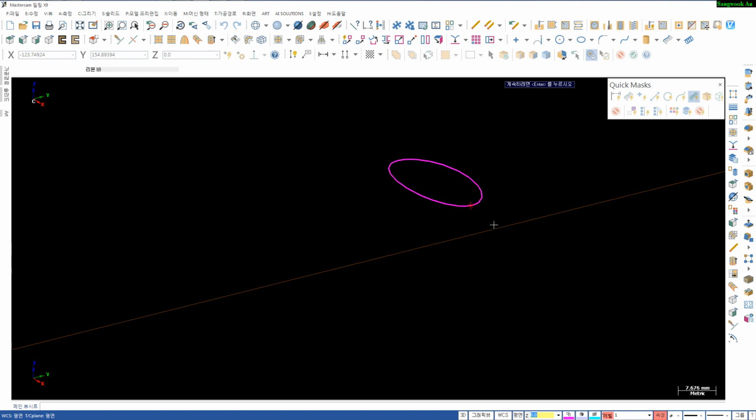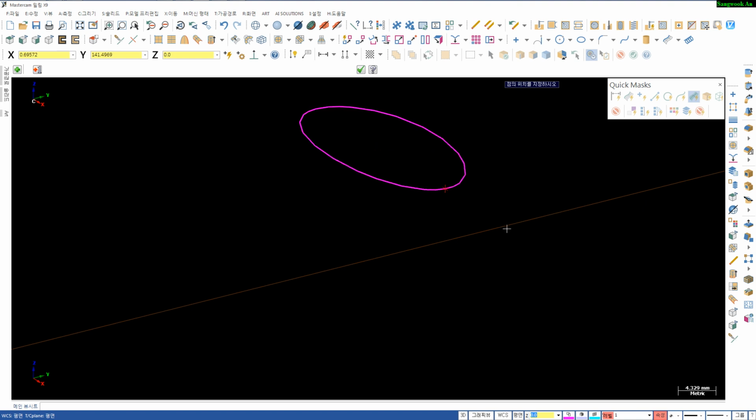So end point here, and I wanted to point the end point, and the snap is on. Yes, it's done. And front view,